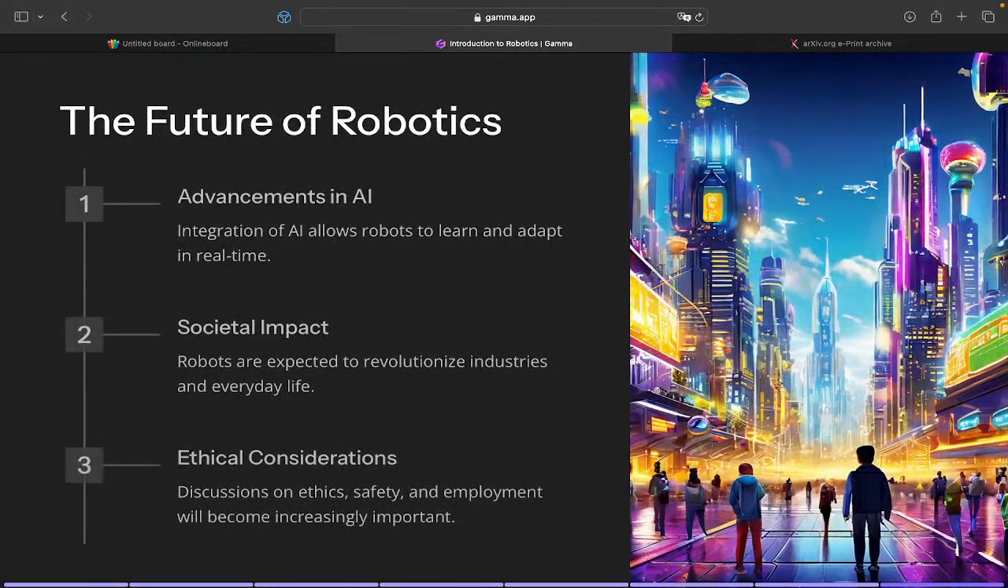All right. Now, the future of robotics depends on advancements in AI. The more advanced AI becomes, the more advanced robots will be. Societal impact: it is going to revolutionize industries and everyday life. As I told you, in healthcare, agriculture, education, in every field, robotics has been introduced. An ethical consideration is that the device or machine is not capable of